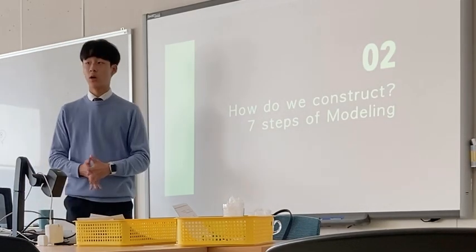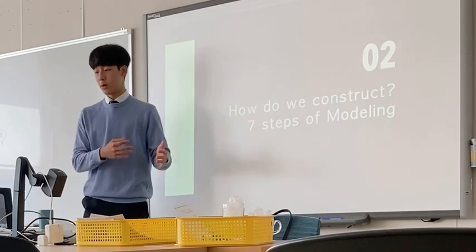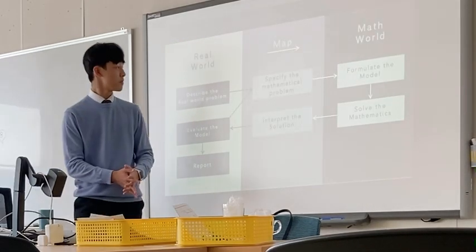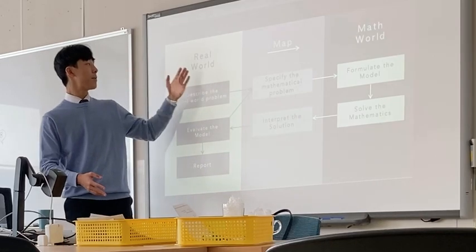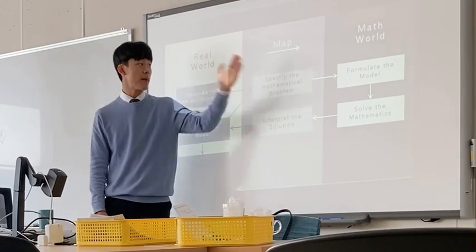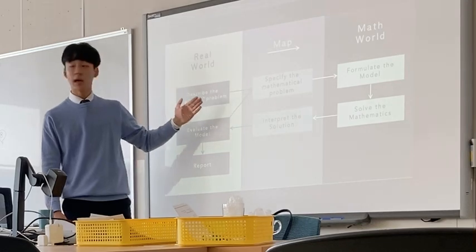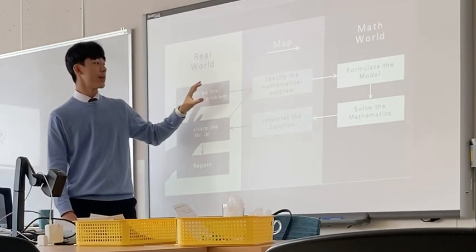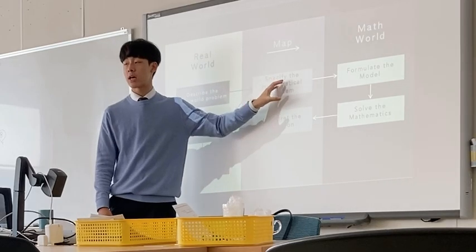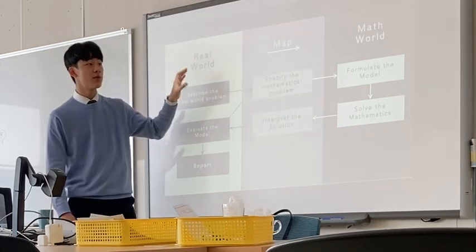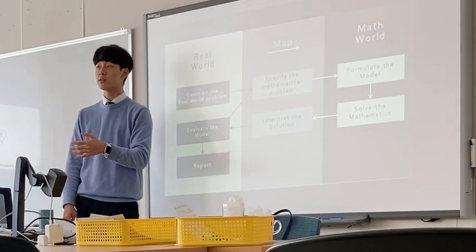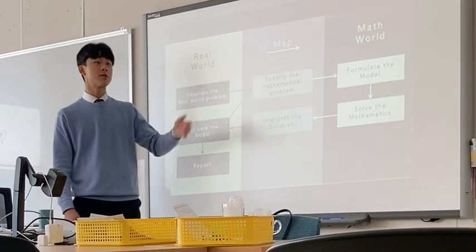Is this clear? How do we actually construct these models? There are mainly 7 steps when you're trying to make mathematical models, because this is basically mapping something happening in the real world to the math world. So after you identify a real world problem, you describe it and then specify the mathematical problem that's actually inside there. In the previous one that Joshua and I did, which was Hyamsey and Basel's battles, the topic was basically about